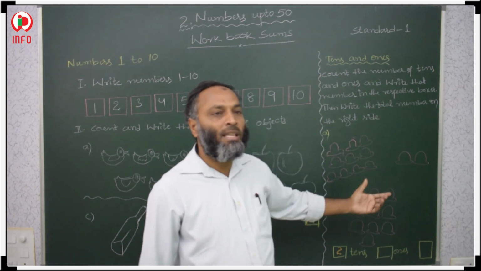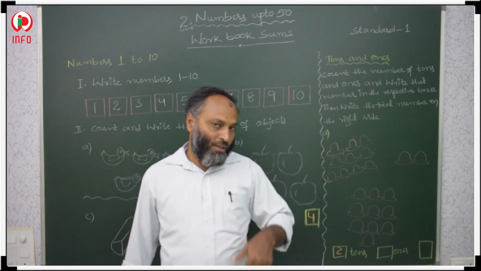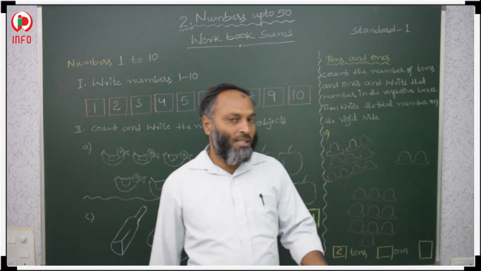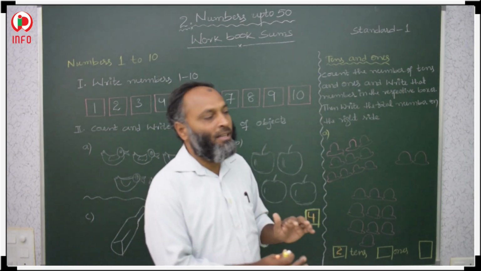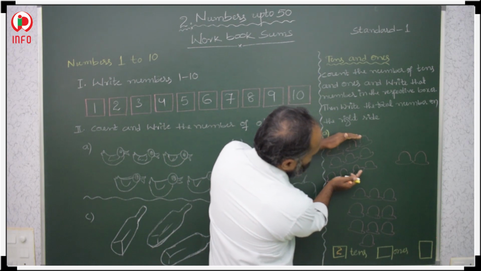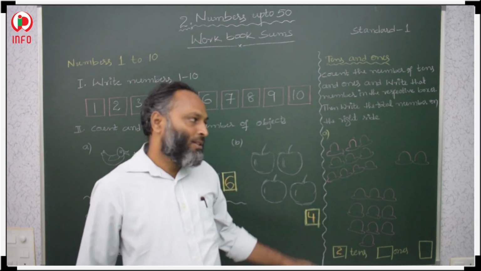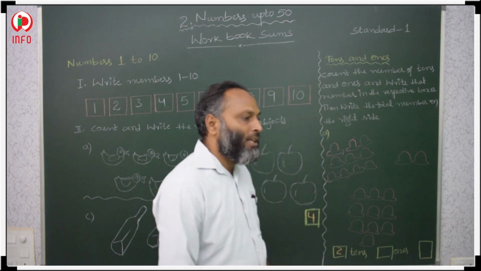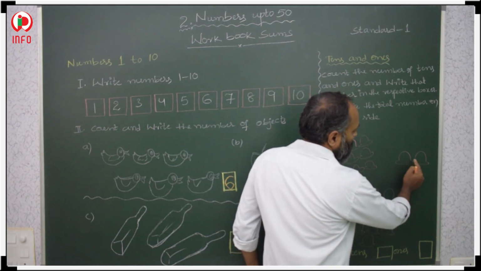If 3 tens are there, then we have to take 3 tens here. If 4 tens are there, we have to take 4. If 5 tens are there, then 5 tens. If 6 tens are there, then 6 tens. How many tens has he given? Here 2 groups of tens, one group and this is the second group. 2 groups of tens are given, so that is why we have to take 2 tens. Then how many ones are there? 1 and 2. 2 ones are there.